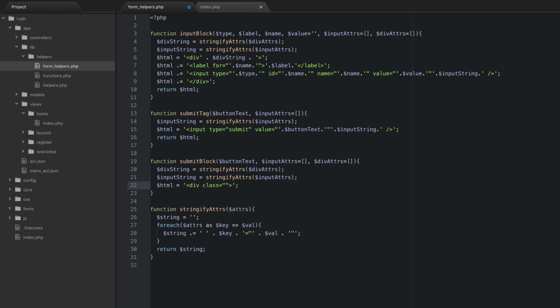This is probably a bad idea, but I'm just going to do this to give you guys, I don't like how I'm doing this. That's okay. Here's what we'll do. We're going to leave div, and then right here we're going to break out of that, and we're going to put our div string right here,